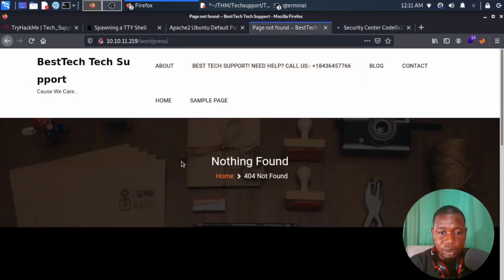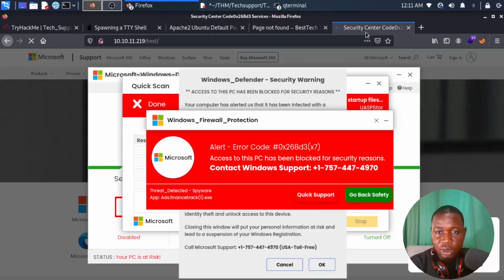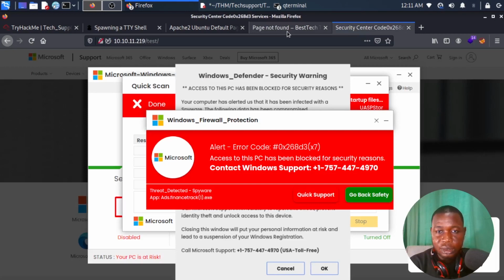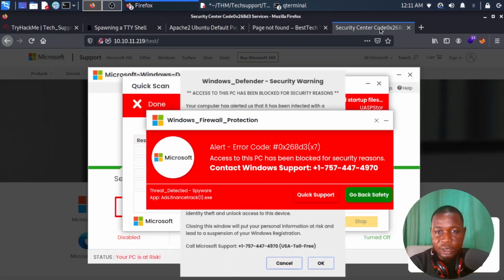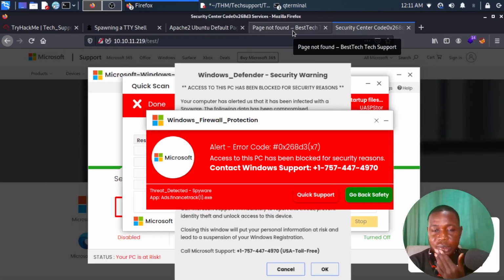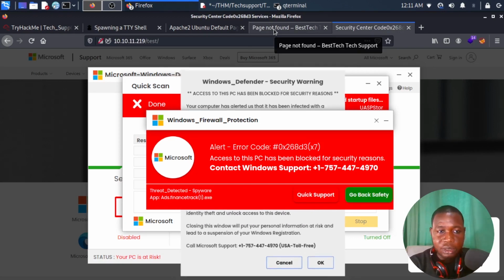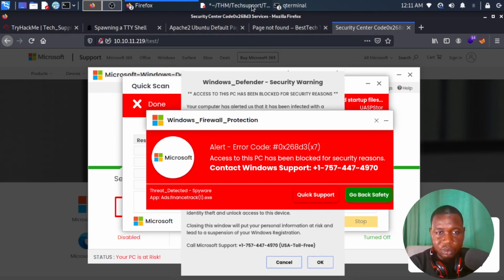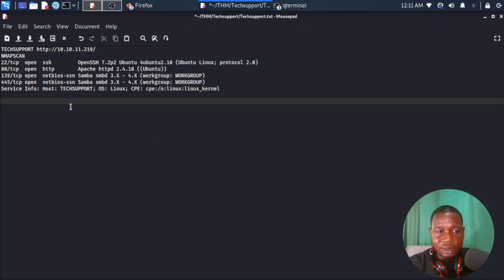Okay, so you can explore these 2 pages. Personally, I've tried to explore these 2 pages and I did not find any interesting file that might lead to exploiting this particular machine. So we're just going to head back to our scan